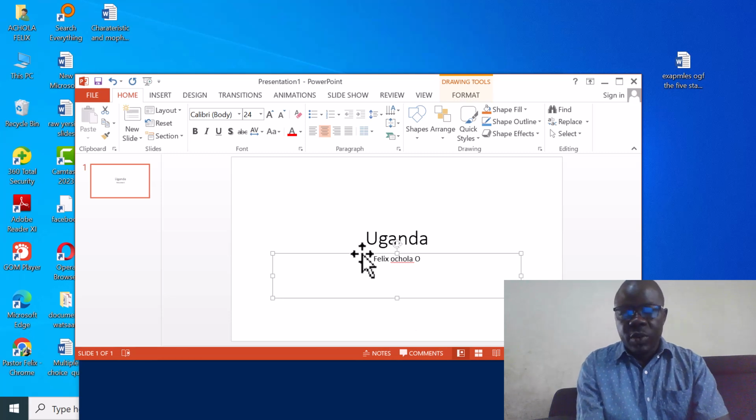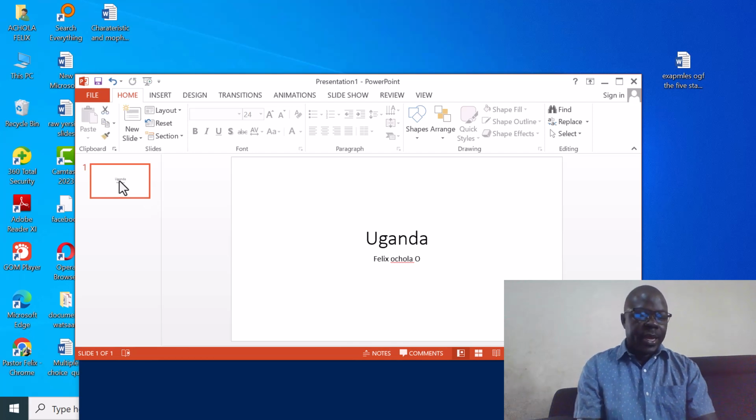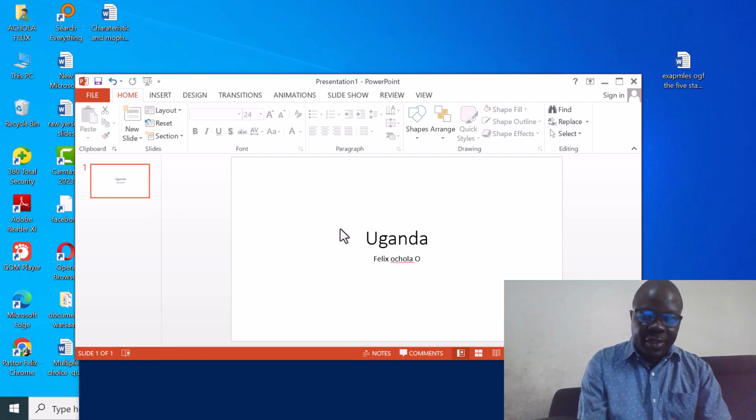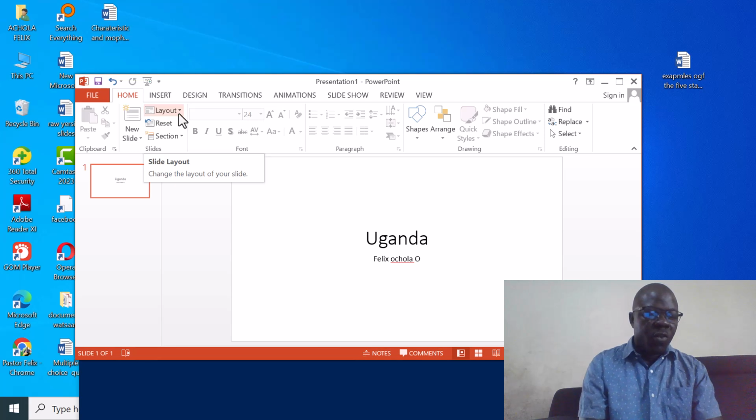As I said before, the mini slides up here is what we call a thumbnail. And then this is a slide. As I said, slide layout is what we have. When you come to Home, you find Slide Layout. Slide layouts contain the formatting and position of the placeholder boxes for all the contents that appear on the